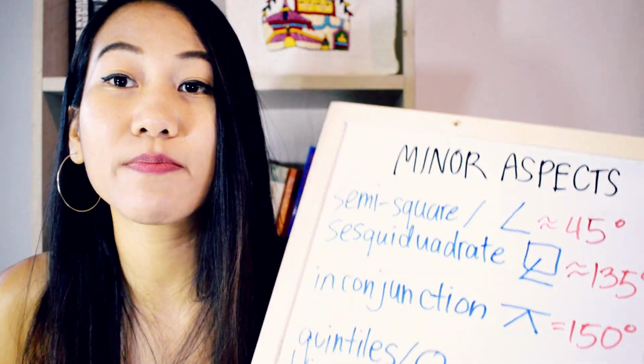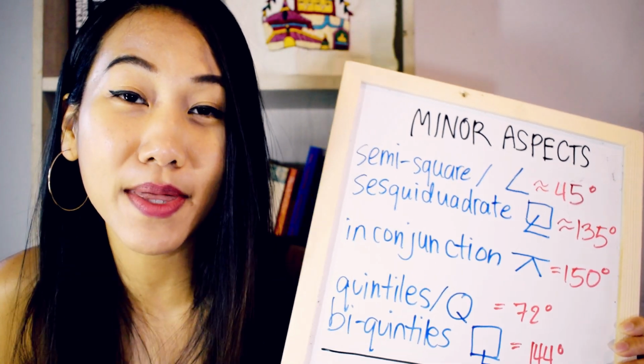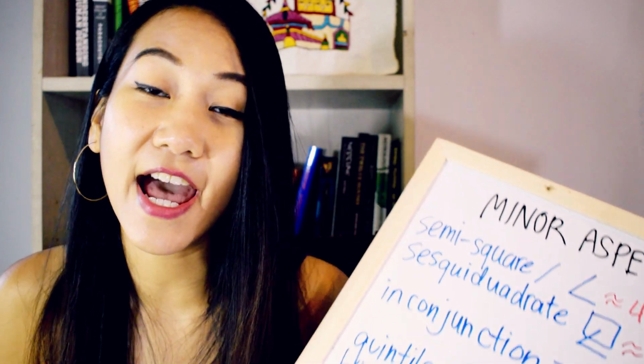That's a lot to take in for today. Have a look at your chart right now where it says the minor aspects. Open that up and see if you have any aspects making any of these, and comment them below. Which planets, signs, and houses are they in? That's 3 minutes for you today.